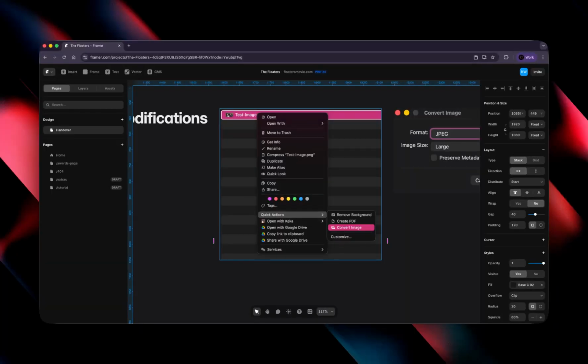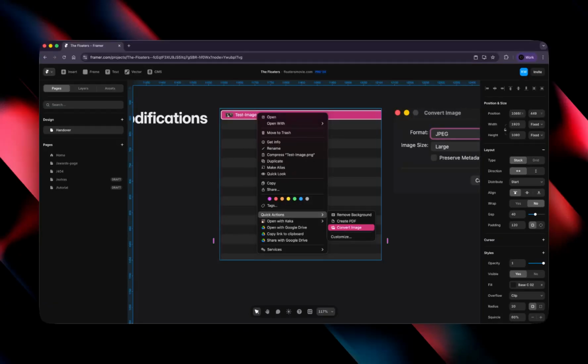Websites feel slow and laggy, and that makes people click away from them because of unoptimized media. Framer does a great job at trying to optimize media on their end, but what also helps is pre-optimizing the media and giving it to Framer. So if you know the image you're using is not a very big hero image